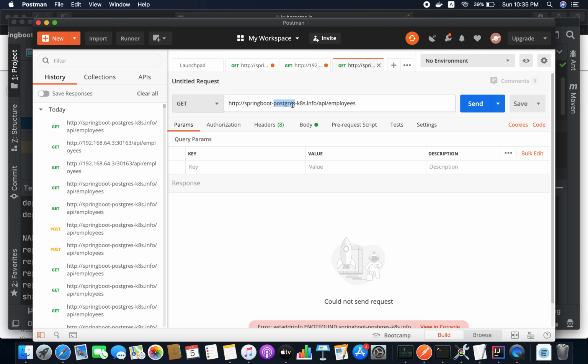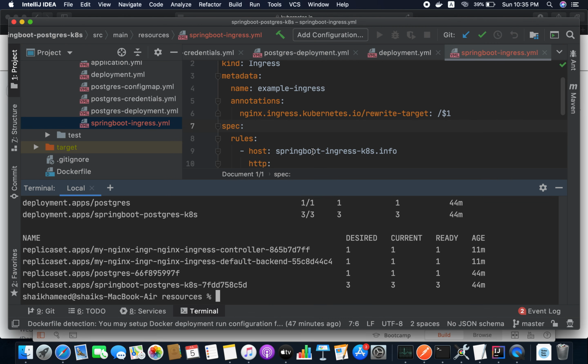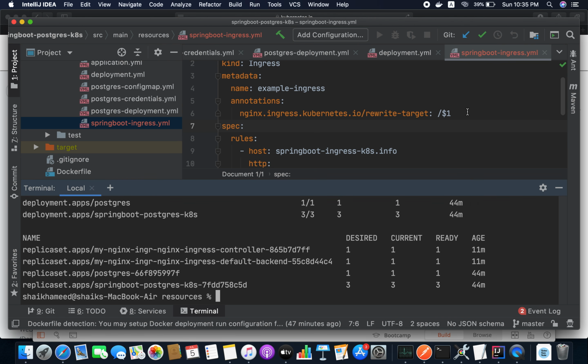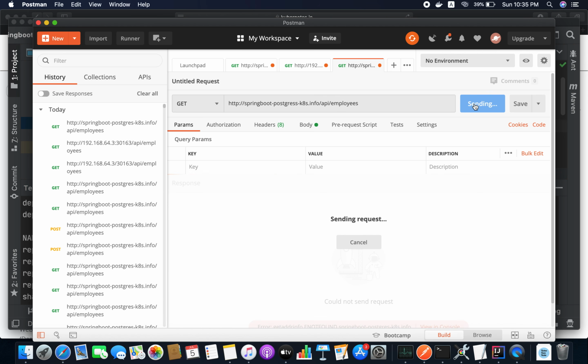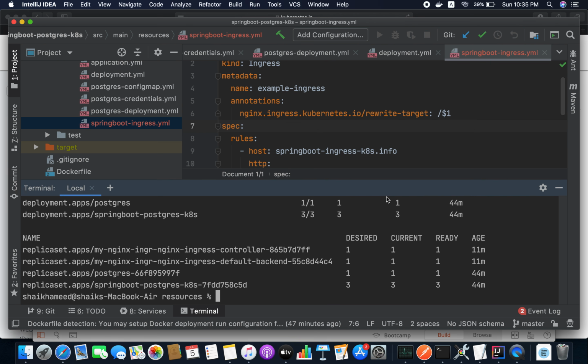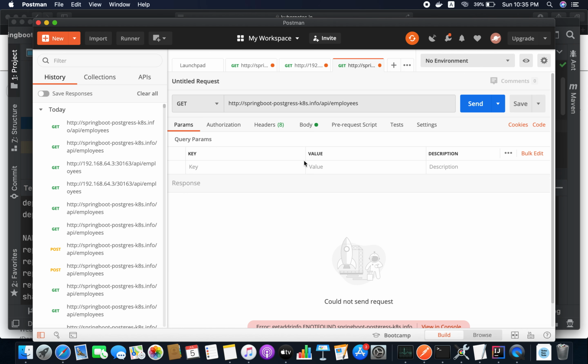The path is wrong, guys. It's springboot-postgres-k8s.info ingress. Okay, it's not working.